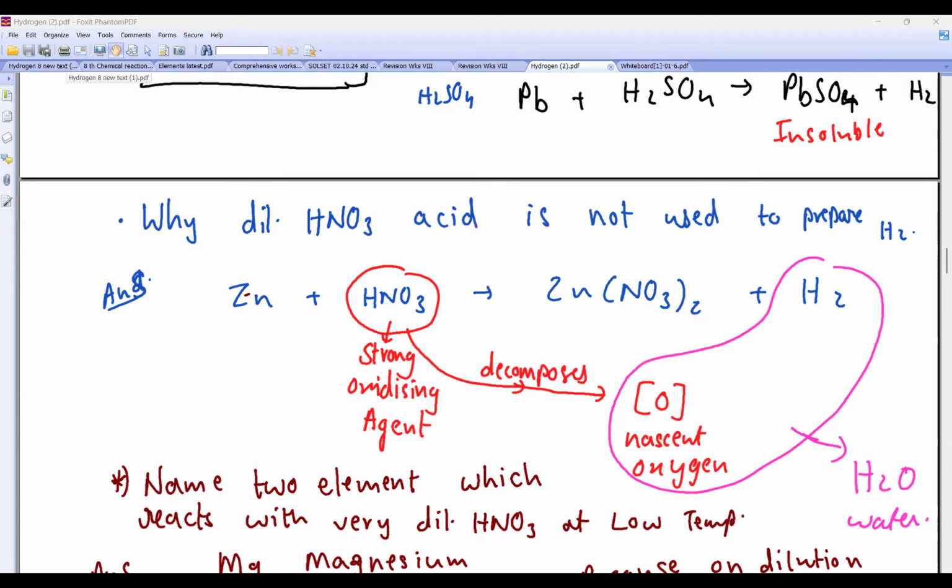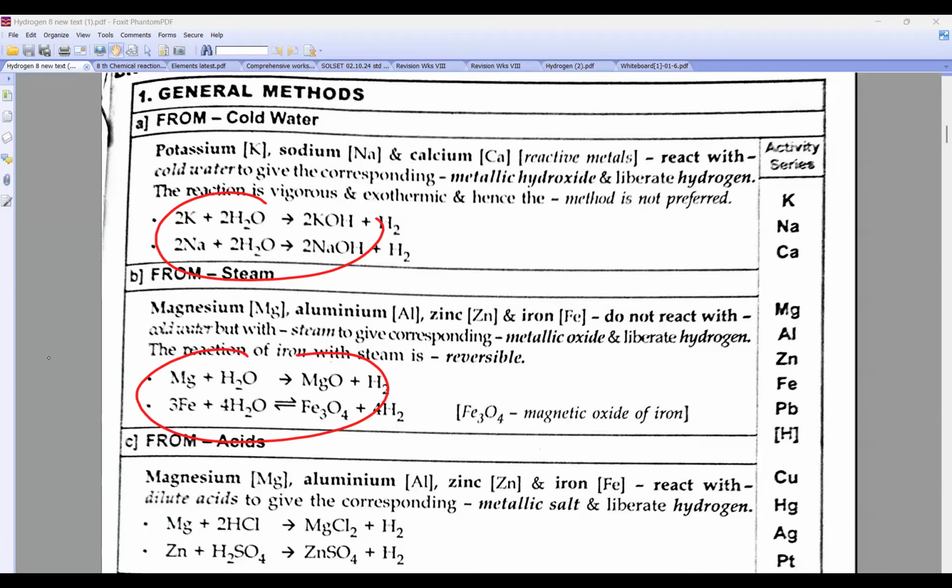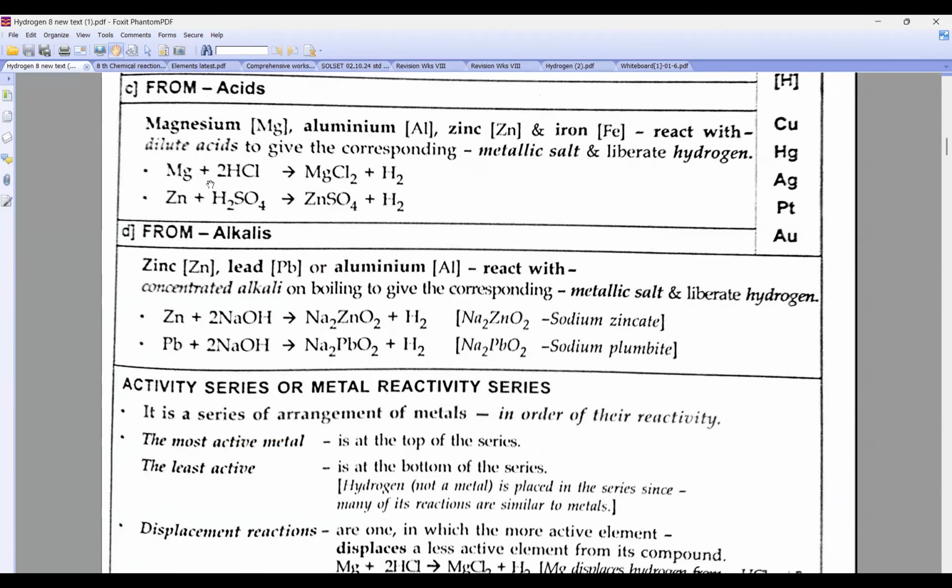So look, beta, we did all this thing. Can you see this? This we did, this we did. This acid one we did. Right? Then beta, this also is very important. Which one?